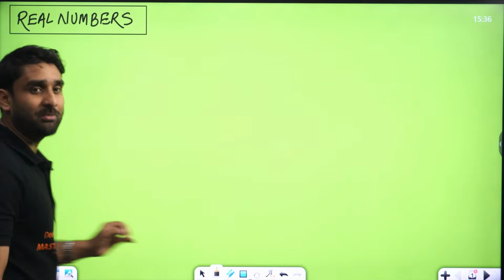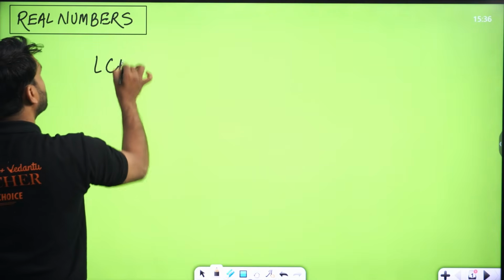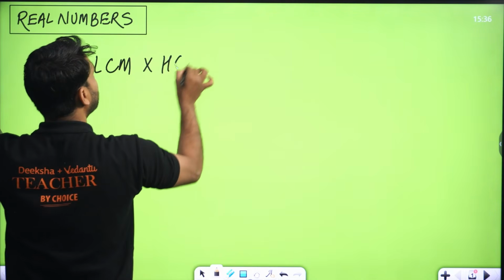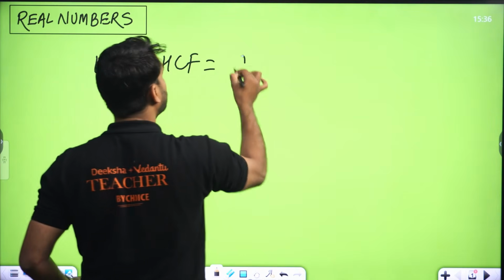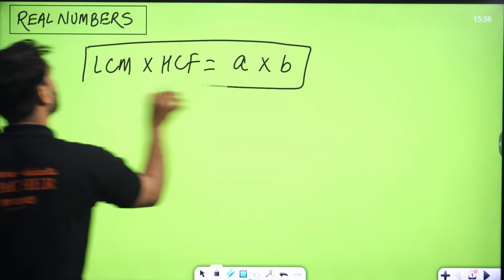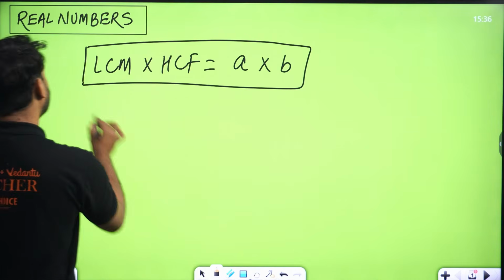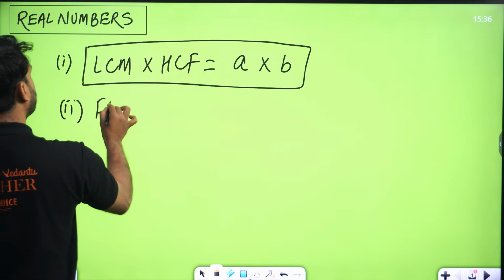If I talk about the first chapter, real numbers. In real numbers, the most important formula is for finding the HCF and LCM between two integers: the product of HCF and LCM is equal to the product of the integers themselves. This is very important. And the second is finding